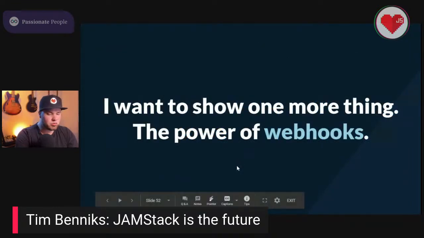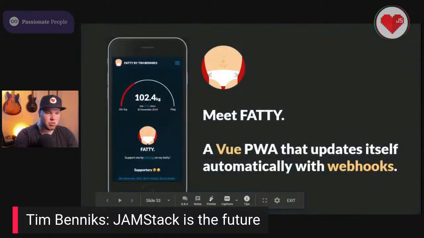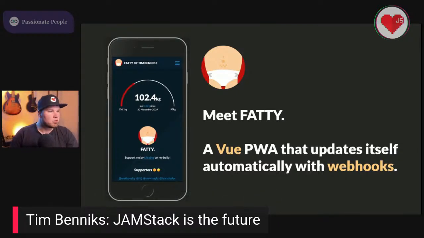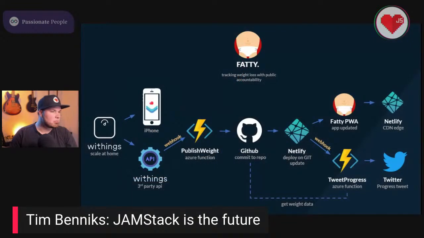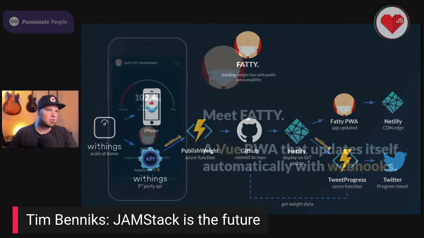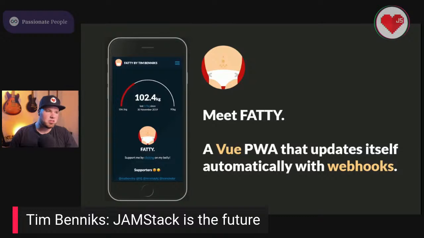Okay, so I want to show you one more thing because I know I have 6 minutes left, so we're just going to go for it. This is an application that I built for the Vue.js Amsterdam conference, which was 4 or 5 weeks ago. This is basically full-on JAMStack also, but I also added webhooks for some amazing extra stuff. This is a pretty intense slide, so let me just quickly go over what this is. I'm in the process of making a YouTube video on how this whole thing works. Because what Fatty is, is a PWA that updates itself with webhooks, and it keeps me publicly accountable for my weight